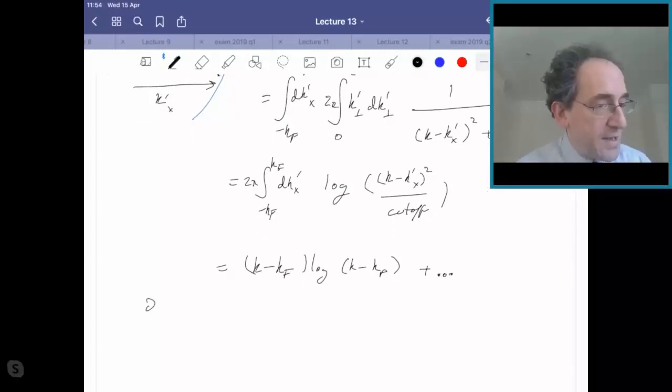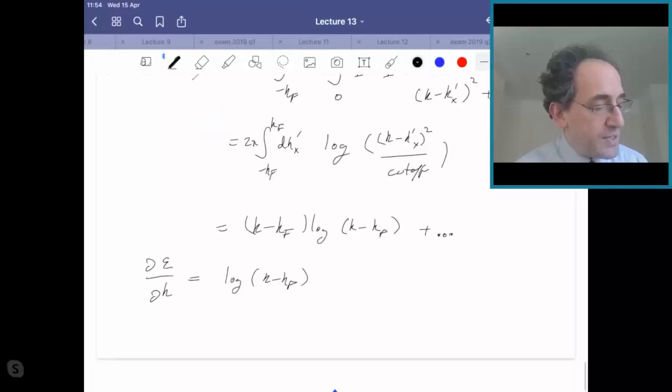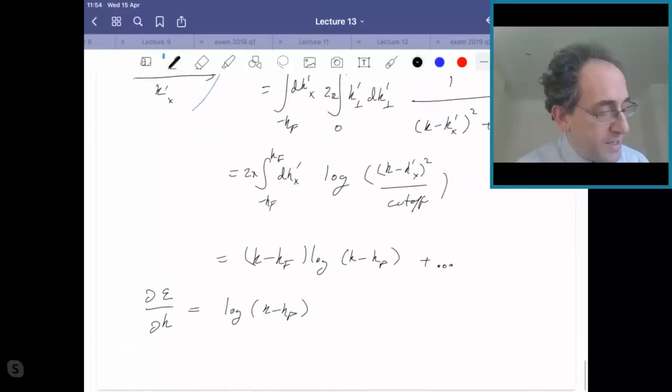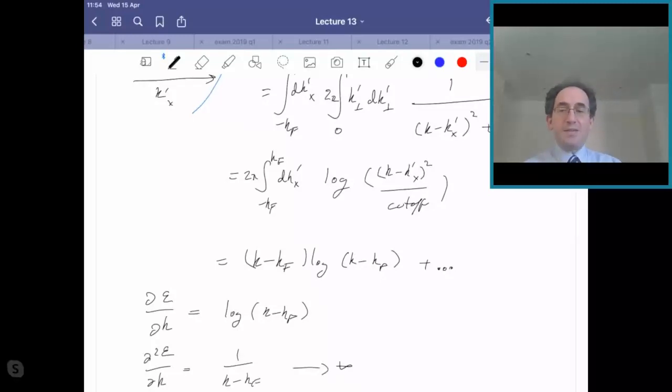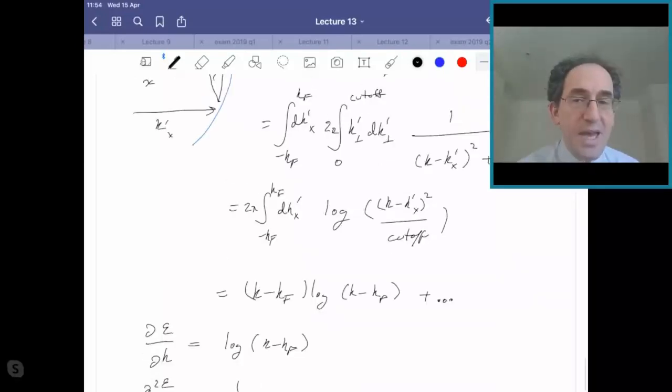So d energy dk is then log of k minus kF, and d squared energy dk squared is 1 over k minus kF, which goes to infinity, and that is my log divergent effective mass that we get in